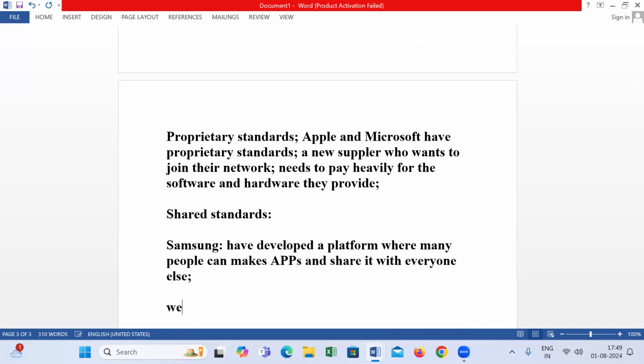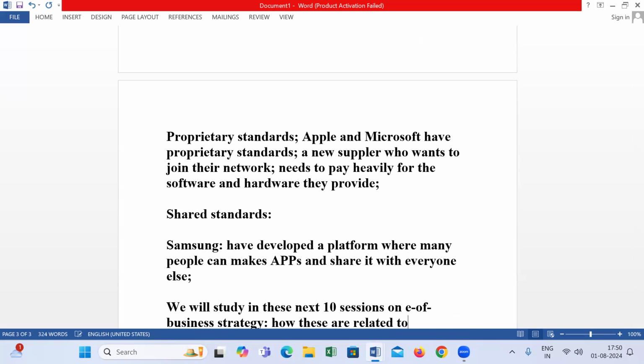So we will study in these next 10 sessions on E of business strategy, how these are related to